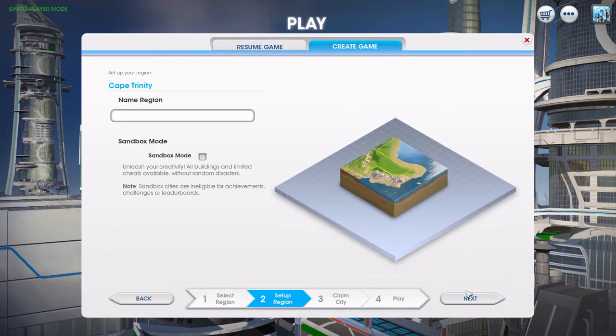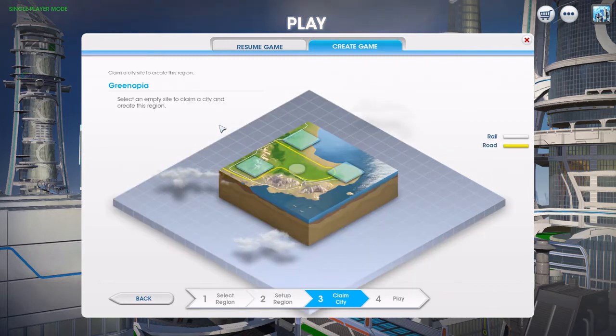So if we click into it, we're going to name our region Greenopia. There you go, Greenopia. In the idea that our cities will be run by energy saving power, so like wind, solar, stuff like that. So if we go to next, now as you can see, we've got 1 Great Works location, which means all